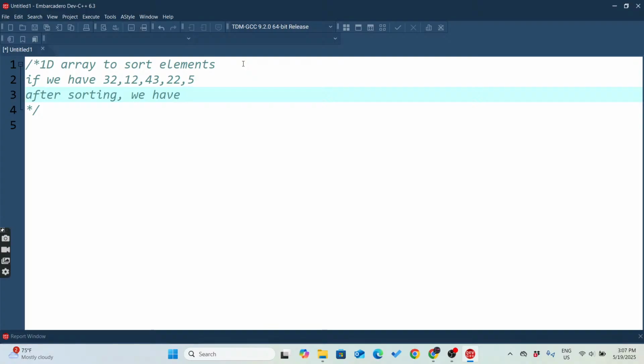First, the biggest one, yes, 43. If we want to arrange them in descending order, then, if it is ascending order, then first it comes